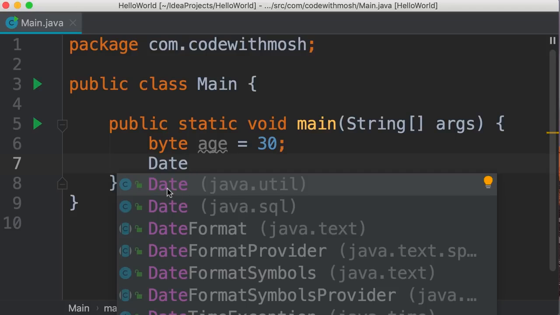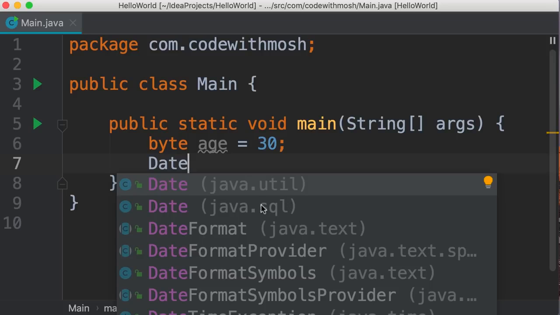Now here we have a Date class in this package, java.util. So this package contains a lot of utility classes that are useful in a lot of programs. We also have a Date class in a different package, java.sql, which is used for programming databases. So this is the benefit of packages. We can have the same class, but in different packages. They don't conflict. So packages create a namespace for our classes, okay?